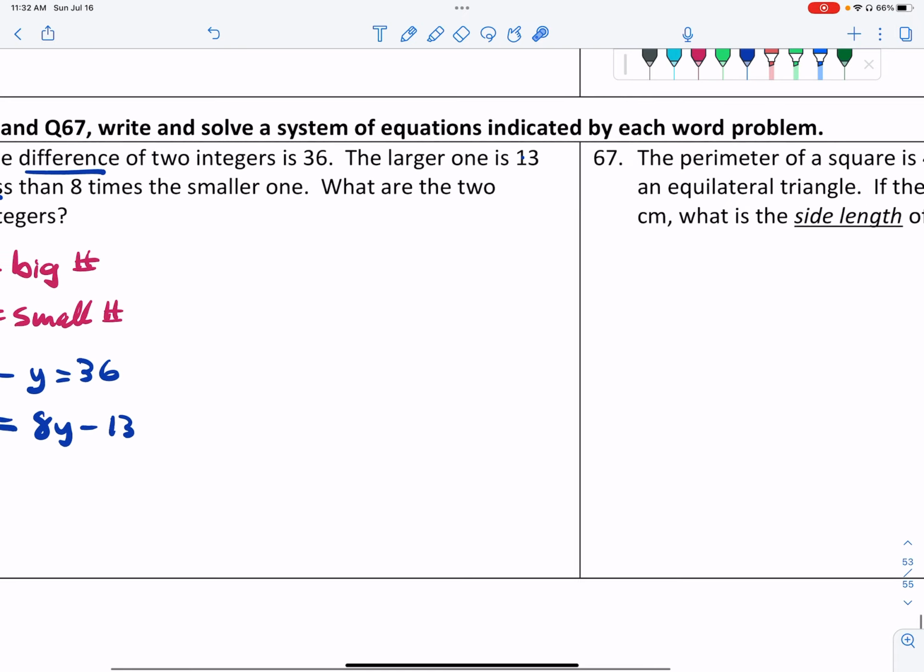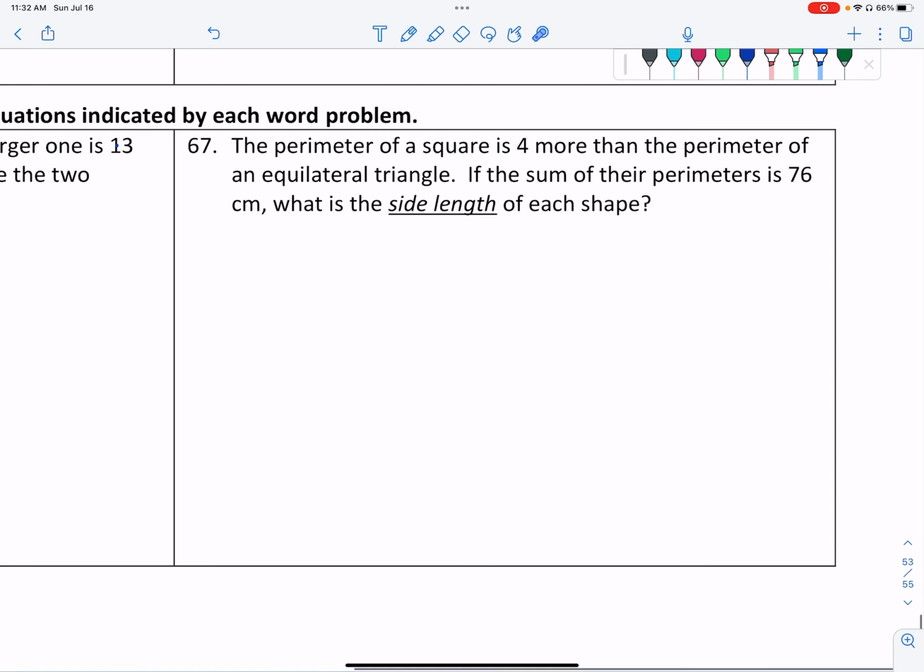Let's look at 67. 67, much more geometric kind of problem. The perimeter of a square is 4 more than the perimeter of an equilateral triangle. If the sum of their perimeters is 76 centimeters, what is the side length of each shape? So I'm going to sketch a couple of pictures here. So starting with a square,